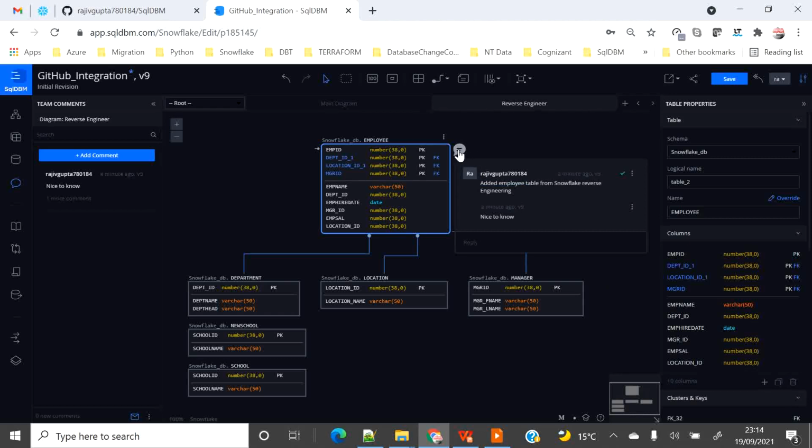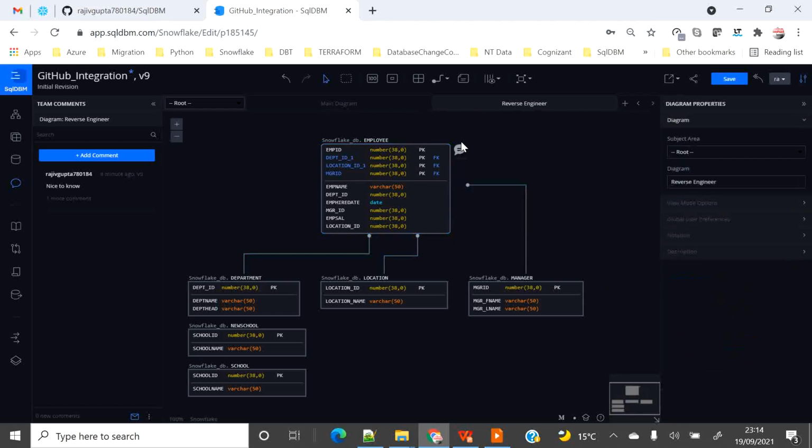Now another feature which is very common in most data modeling tools is documentation, because maybe there are some business definitions for a particular column, like department ID.